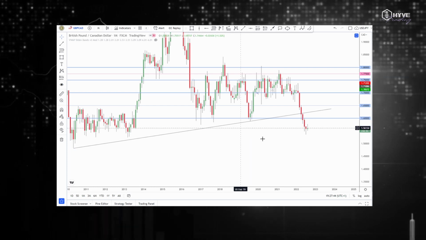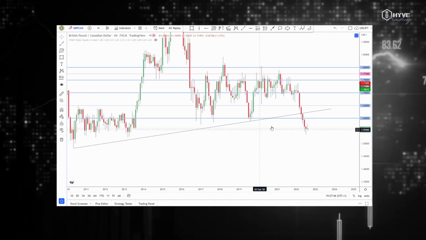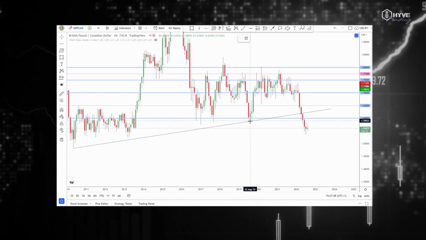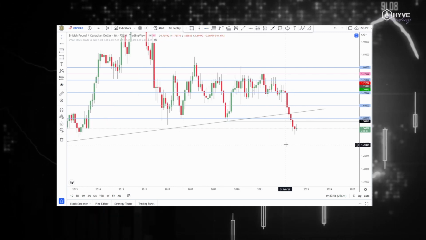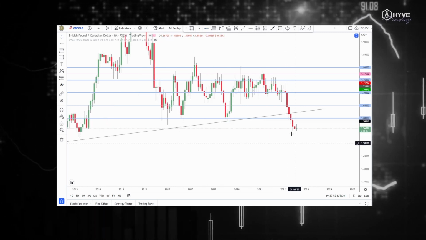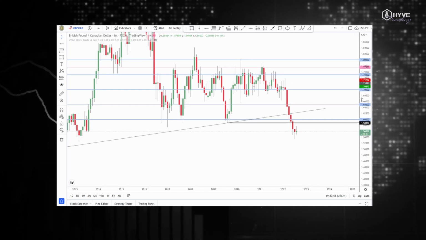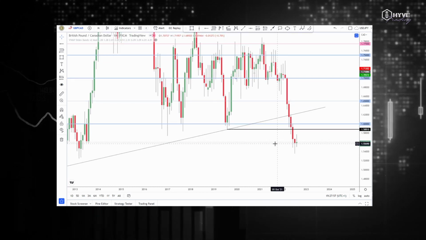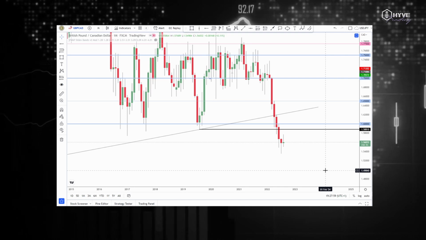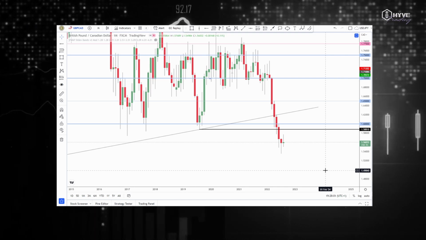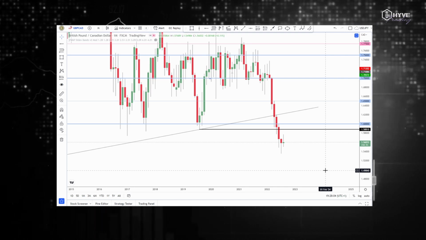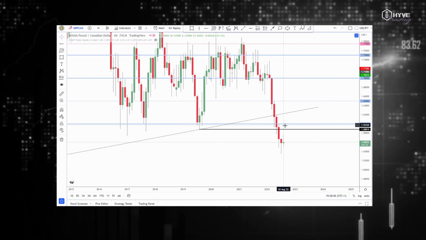and the momentum to the downside will continue to go downwards. So if we take just this line right here, we can see that in the month of June, structure was broken to the downside. Now this confirmed for me and validated that price in terms of GBPCAD was going to keep heading to the